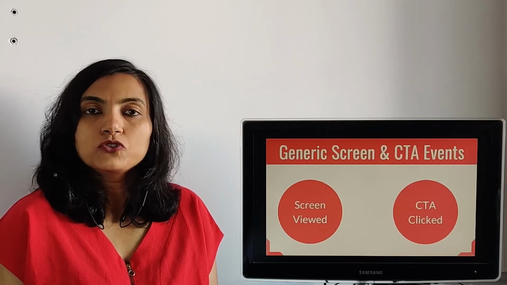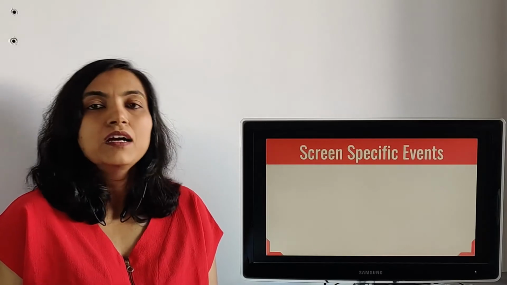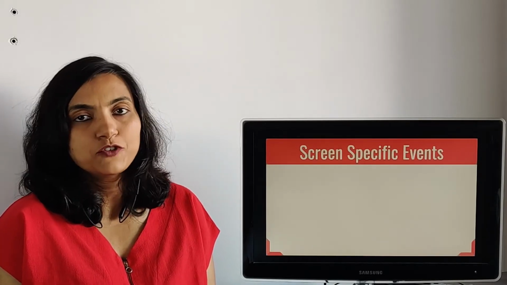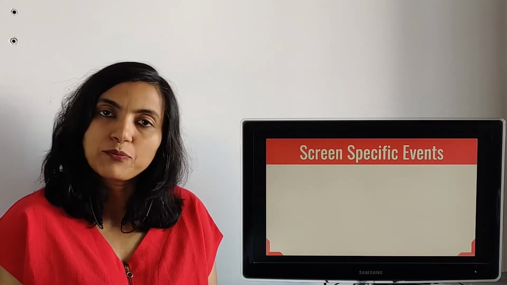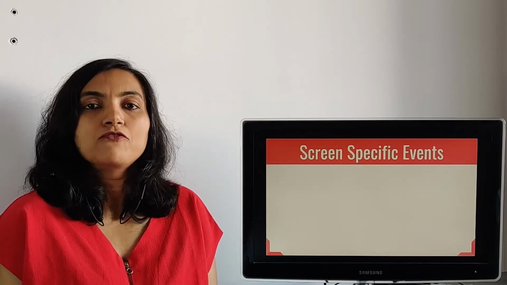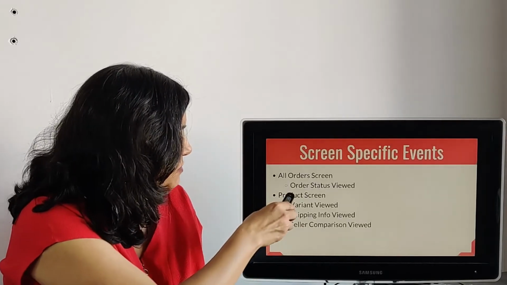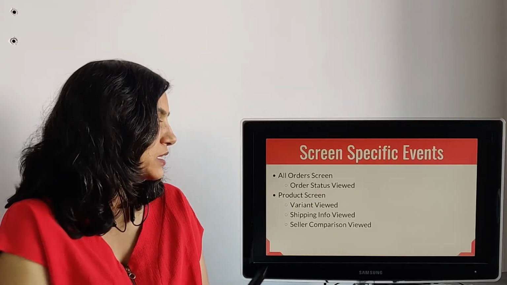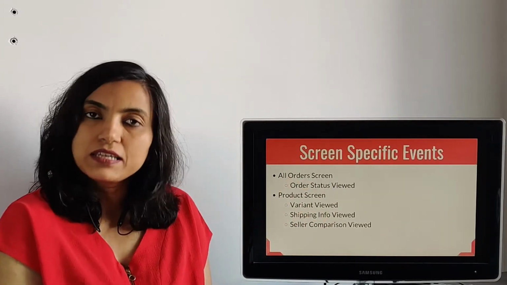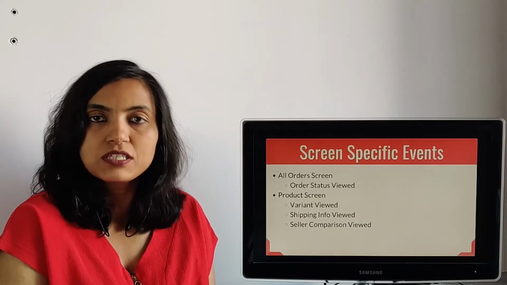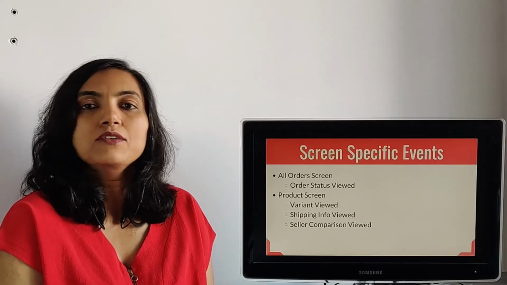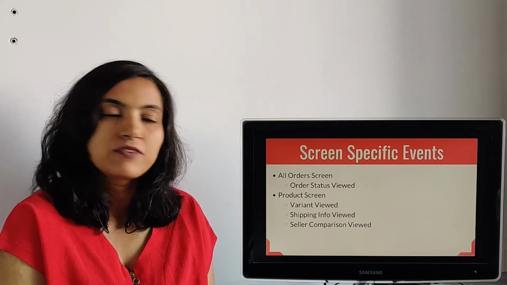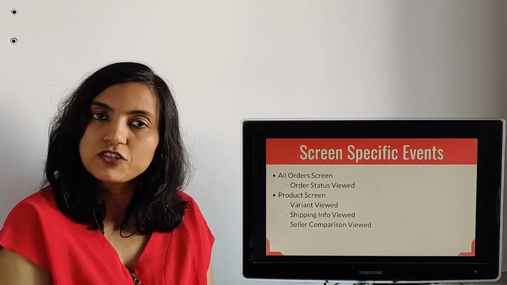Finally, you should go through your product screen by screen to see if certain screens have information or action that should be captured for analytics purpose. For example, in your e-commerce platform, if you have an all order screen for the users to view their orders, then you may want to emit an event every time the user views the status of an order so that you can later analyze with what frequency is the order status viewing feature used.